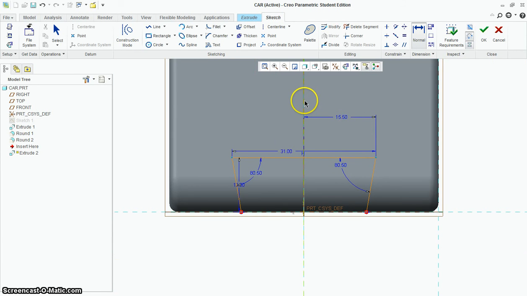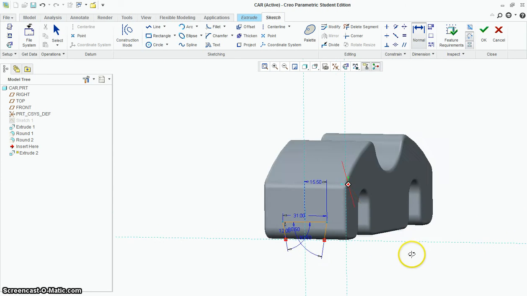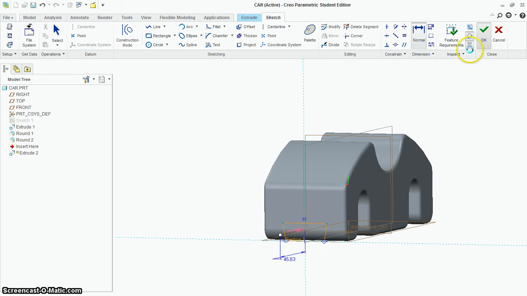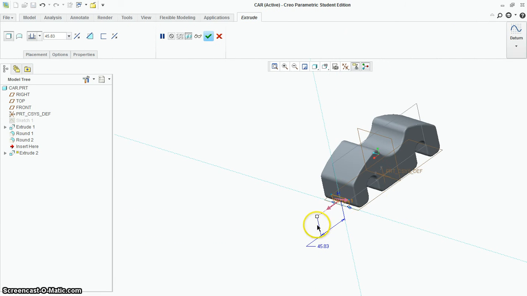Now let's say you didn't have this plane here. You could always go from this outer edge to the end point there, and then do the math, and you're going to say, okay, 58 minus 31 divided by 2, and you're going to get like 13.5. You could put that number in there. So once you've got that drawing done, you can accept it, and by default, it's going to try to add material,